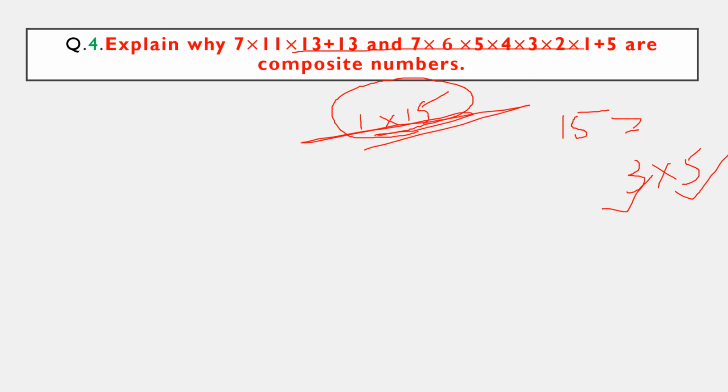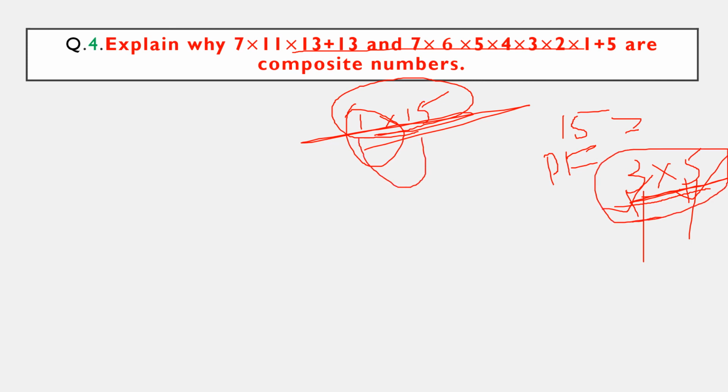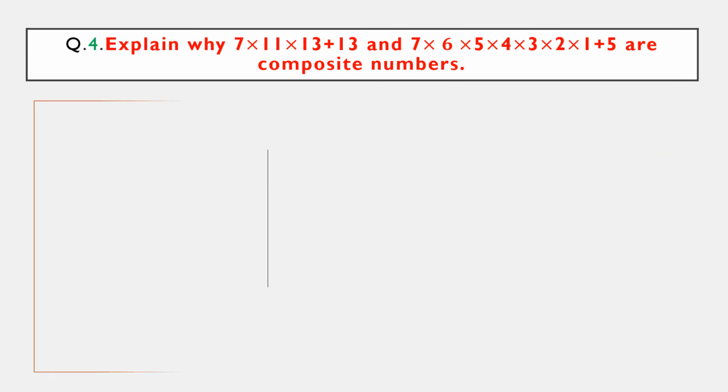Okay, 1 is not a prime number. Here these two are the prime numbers, so I am writing as a product of primes. Here I am doing the prime factorization. If you are doing the prime factorization method, you should write as the product of primes only. So here I am writing 3, 5. So this is a composite number. Here anyhow you will have these two factors and additionally you will have these two factors also. So I can conclude that this is a composite number. So your problem will be like this.